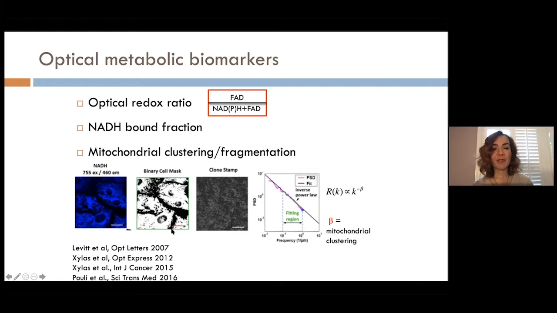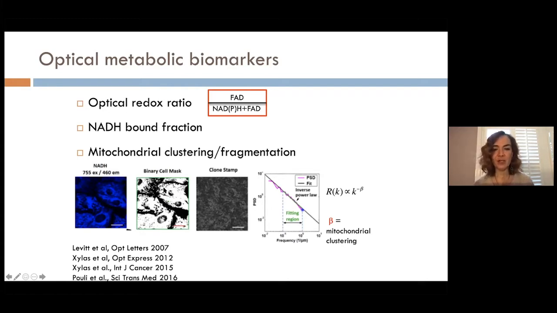This metric relies on the fact that when NADH is bound in the mitochondria, its quantum efficiency of fluorescence goes up by tenfold. So one of the things that we assume is that the intensity fluctuations that we measure in our NADH images are actually representative of the presence and absence of mitochondria and the organization of the mitochondria in the cell. So we've come up with a set of approaches that basically enable us to take